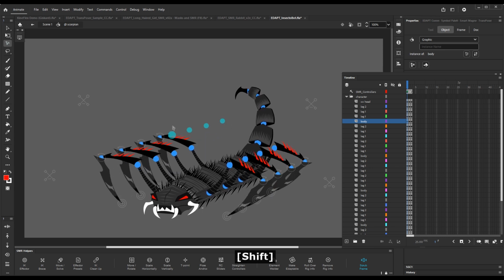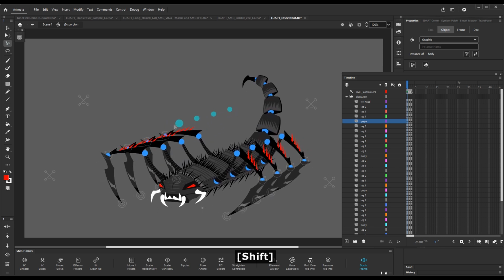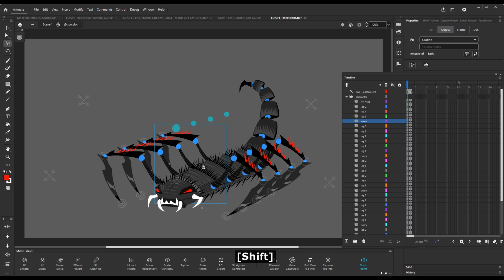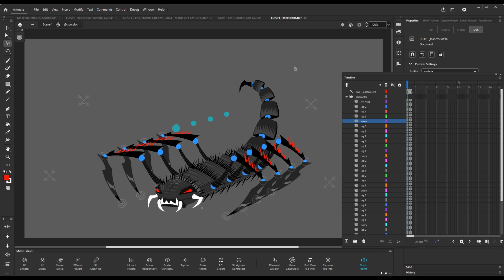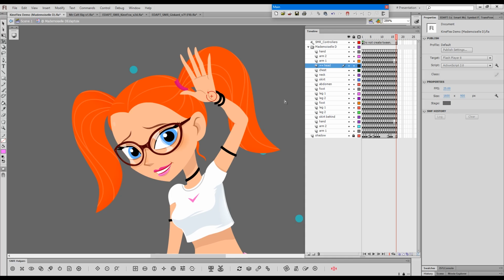It's up to you to experiment. If you see that KineFlex struggles with some rigs, you can just go one level up to high or very high. Or if your computer is extremely powerful, you may just be able to keep it at low complexity all of the time. This presentation is already way too long, but I hope that I haven't missed any important aspect of using